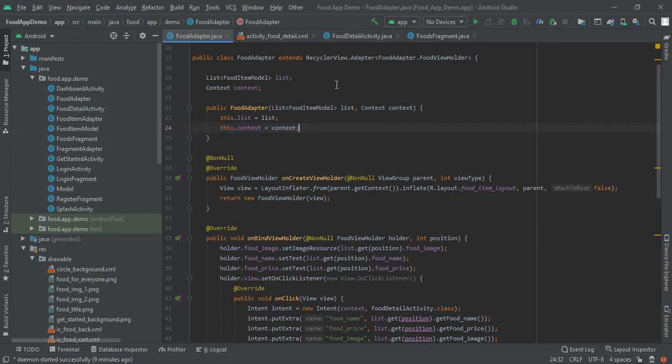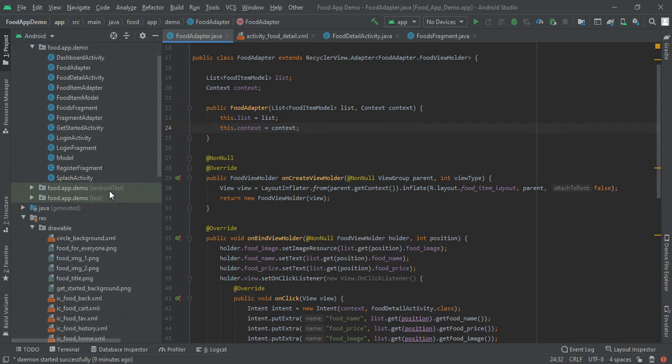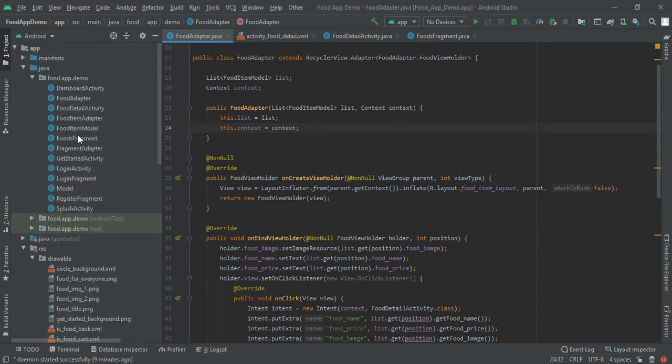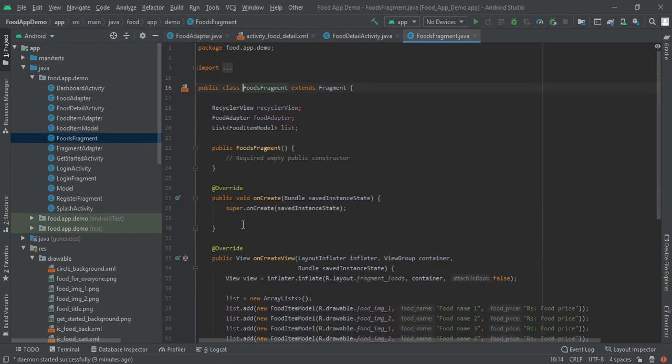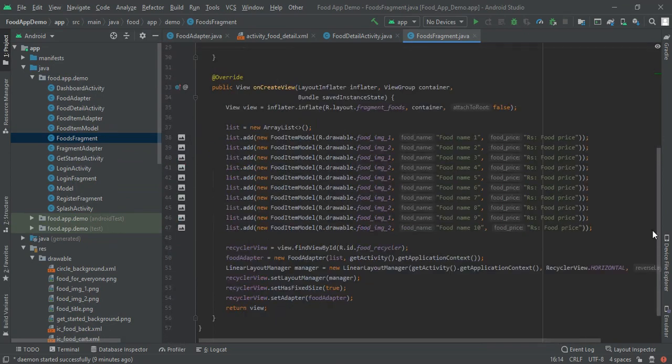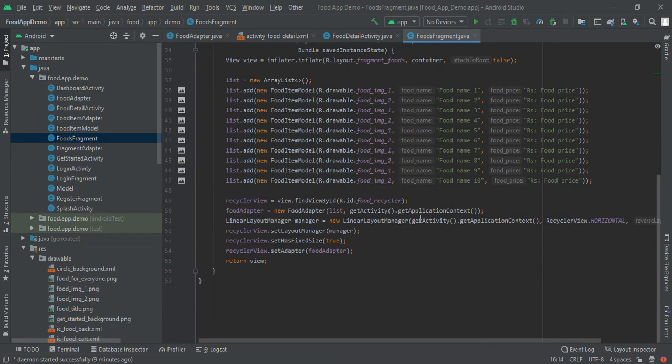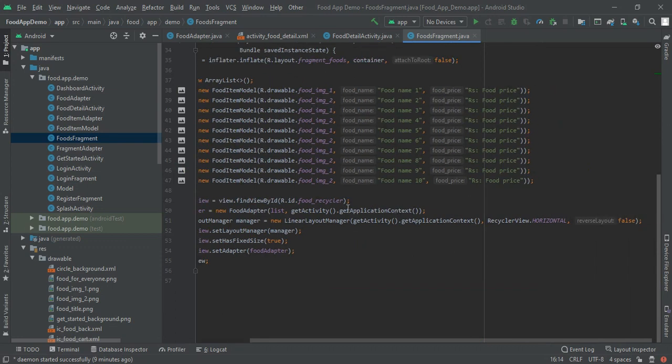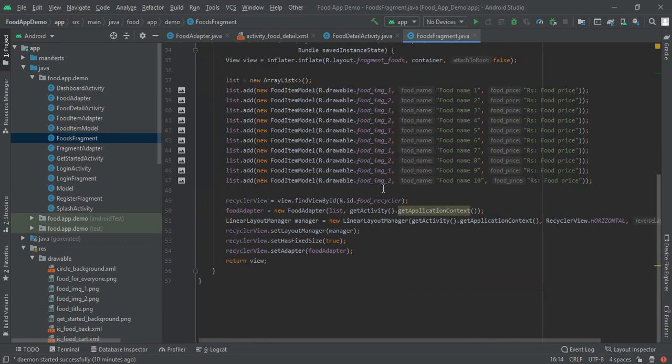When you write this, you will get an error in our main food fragment, because there we used our food adapter. So here we have to pass our second parameter, which is the application context. We get the activity, and in that get the application context, so this will resolve our error.